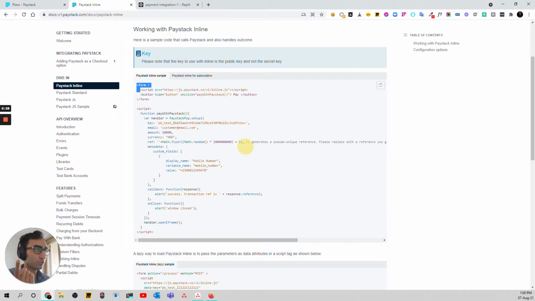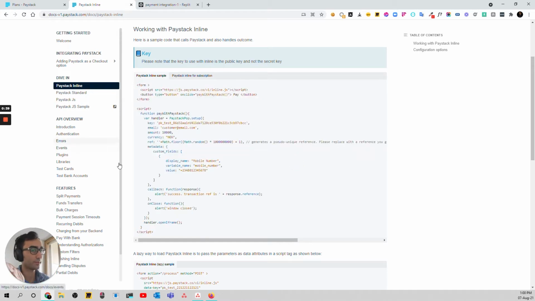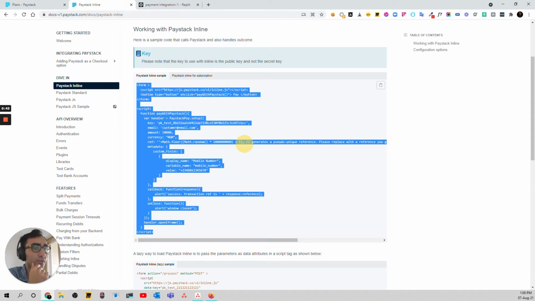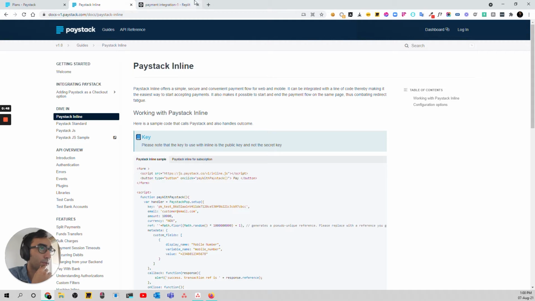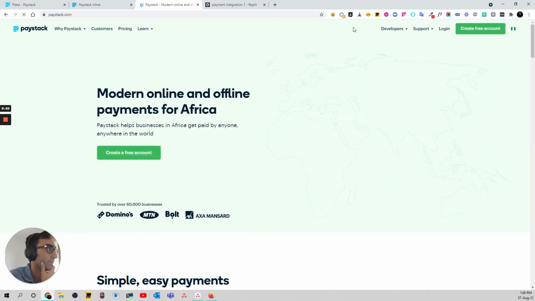I mean, you should just code this stuff if you want to have just one-time payments. If you want to have plans, recurrent payments on your website, it is a little bit more complicated, but not that much. You can always check the description. So you can check the docs. You could just copy this and it would work. If you do that, you will end up with something like